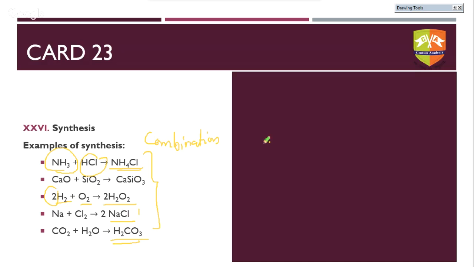If you see all of these reactions are of the type A plus B giving AB, you'll realize that A or B most of the times are either an element or a compound. For example, in H2 plus O2, A and B both are elements. In Na and Cl2, they are again in the elemental form. But in NH3 and HCl, they are in the compound form. But if you look at AB, they are all compounds. Okay, they are all in the compound form. They are all in NH4Cl, CaO, CaSiO3, H2O2. They're all complex compounds. Okay, so that's the way that you can actually look at different